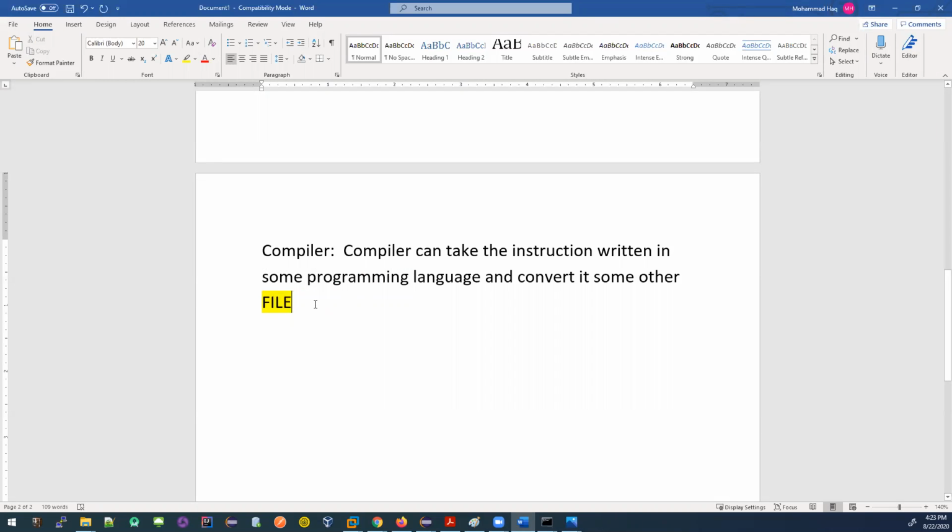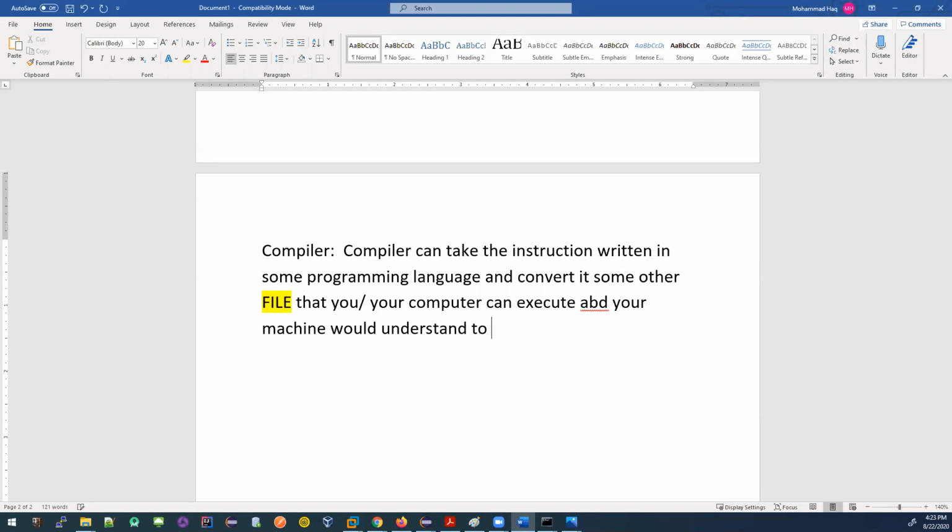It will convert it to some other file that you or your computer can execute, and the machine would understand to produce or display any update, to display output actually.